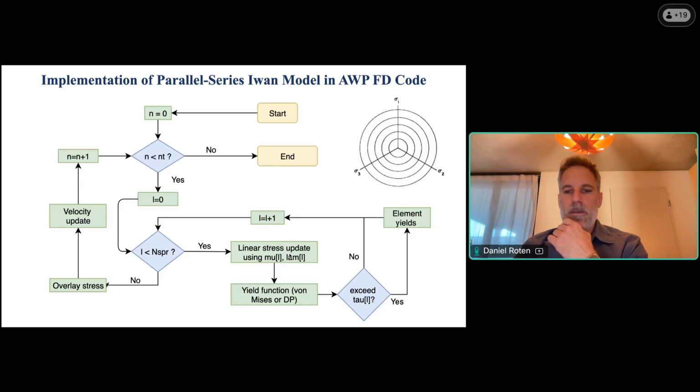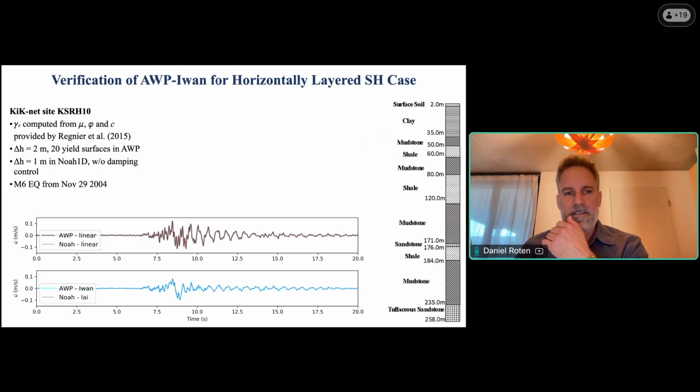And as you start deforming this material, those sliders start to yield one after the other. So when the first one yields, the slope of this curve is slightly reduced because the strength of the material is just the sum of the remaining springs that have not yielded yet. And you can basically piecewise linear approximate this complicated nonlinear backbone curve. And this is what you're doing with the Iwan model that we have implemented in AWP.